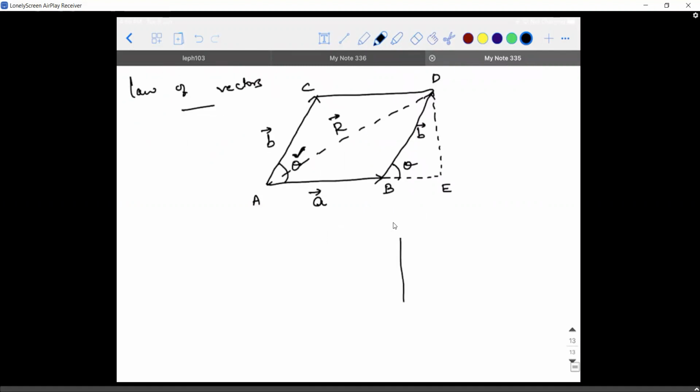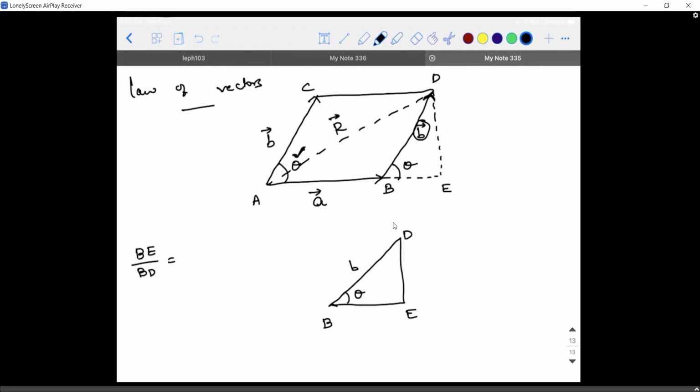If I take the magnitudes alone, see, I wrote B vector because I put an arrow mark here. If I take out that arrow mark, what can I say its length is? Can I call it as B, guys? Yes, sir. If I take this as theta, then BE divided by BD is going to give you what?